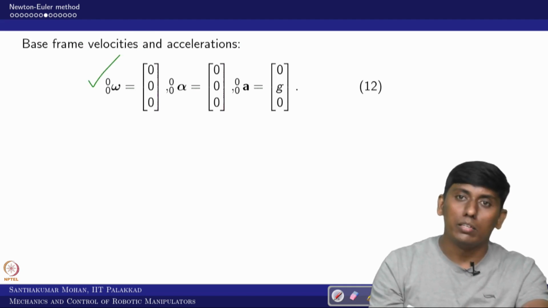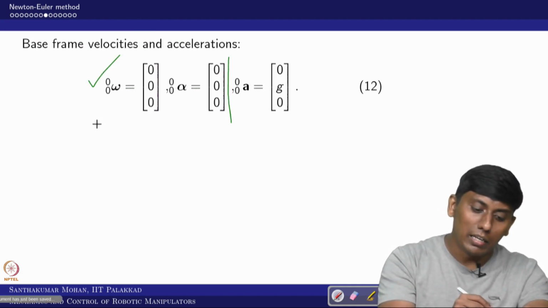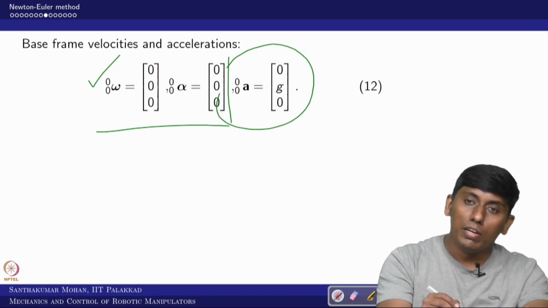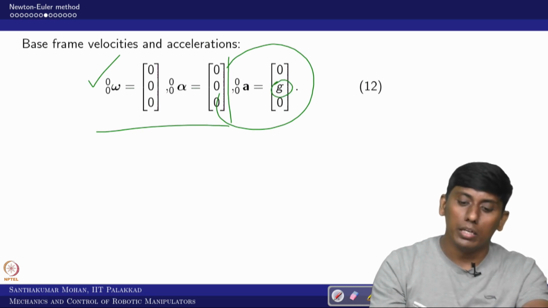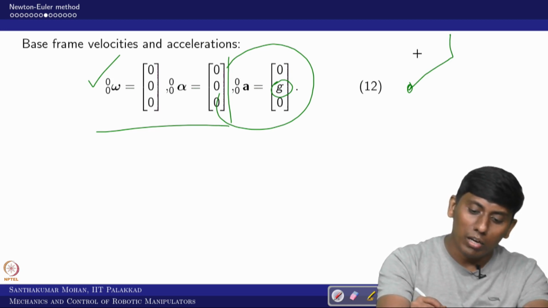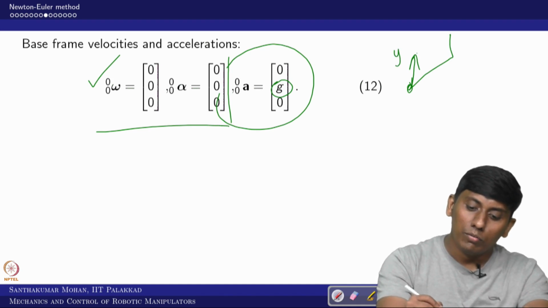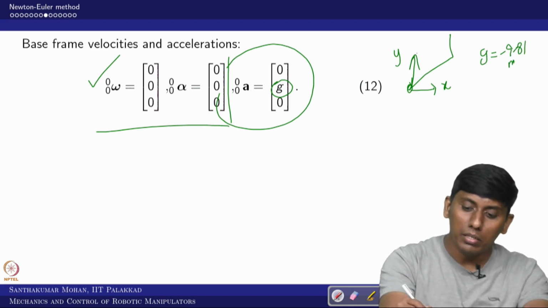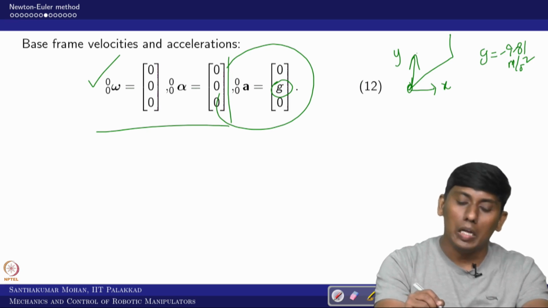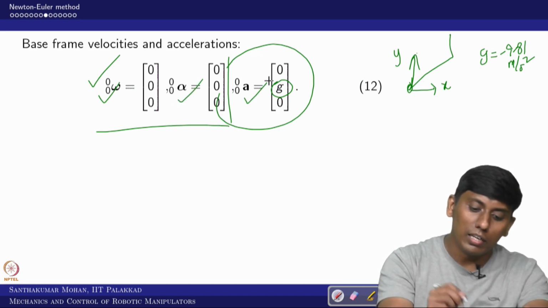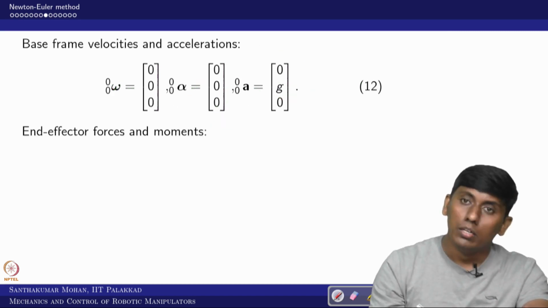For that we assume that in the first case the linear velocity, angular velocity and angular acceleration are 0, and the linear acceleration we have considered with the gravity. So in this serial manipulator 2R, the gravity is acting on this axis, which is y. In addition to that, g is minus 9.81 meter per second square, which we are going to substitute. Okay, so you are clear, right. So now this is the initial frame angular velocity, angular acceleration and linear acceleration. Now we will go for propagation.